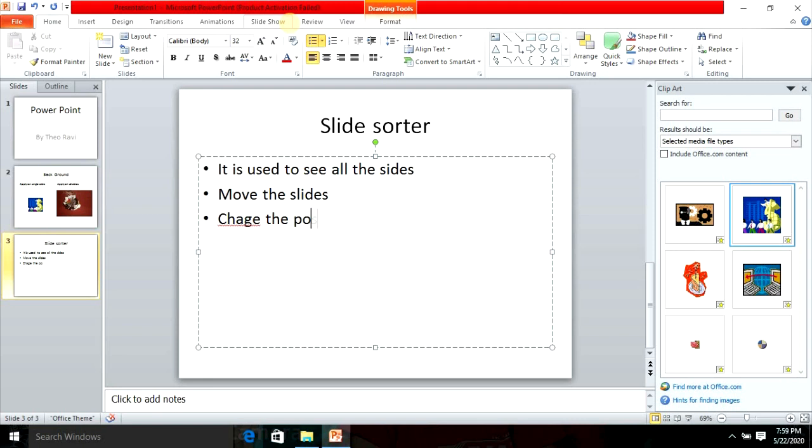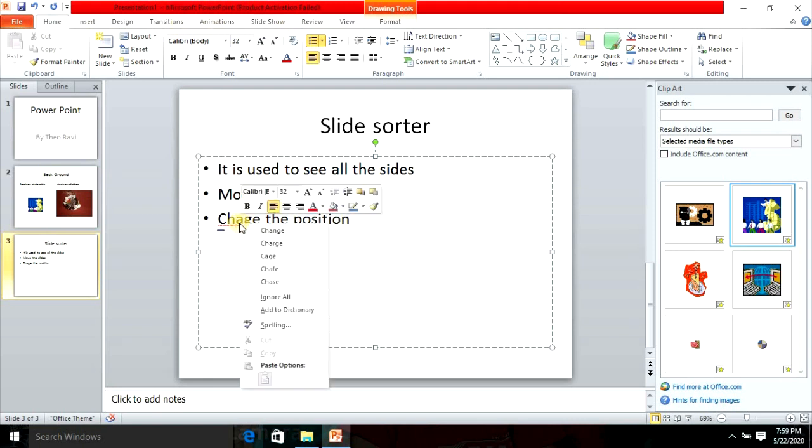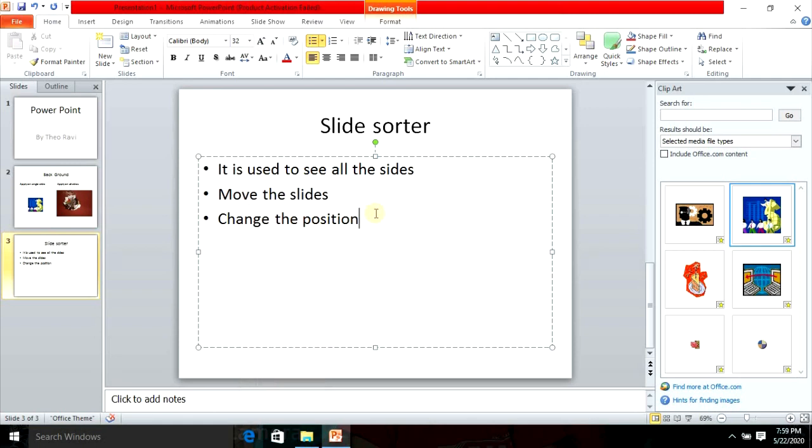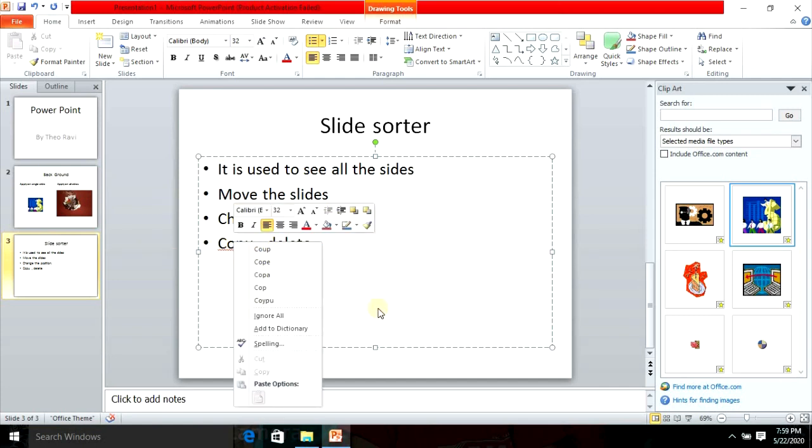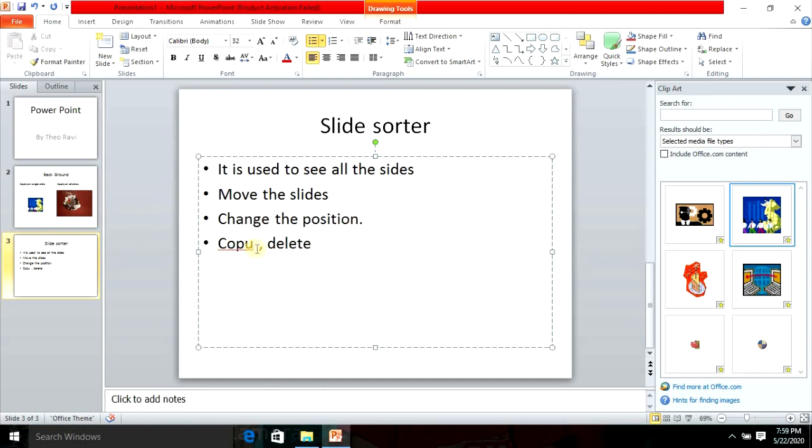What else can we do? We can copy or delete a slide.